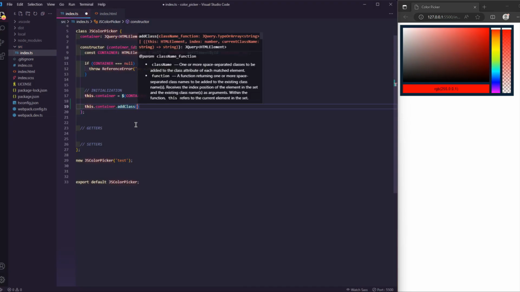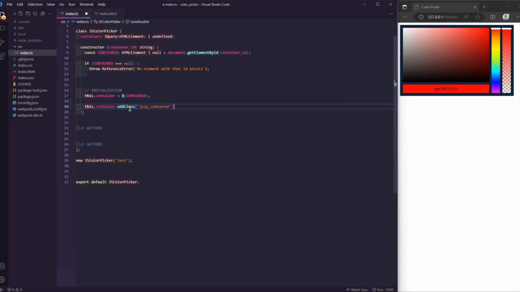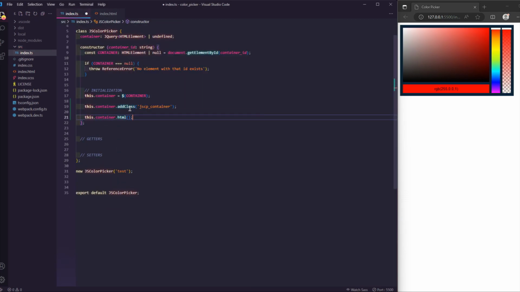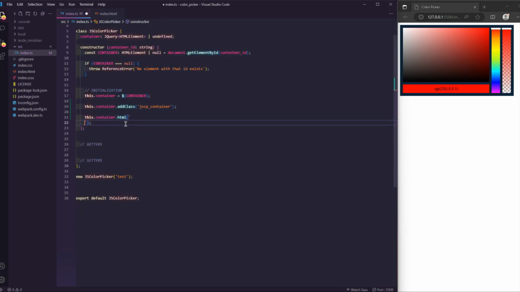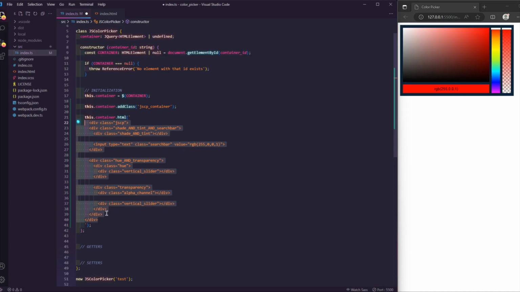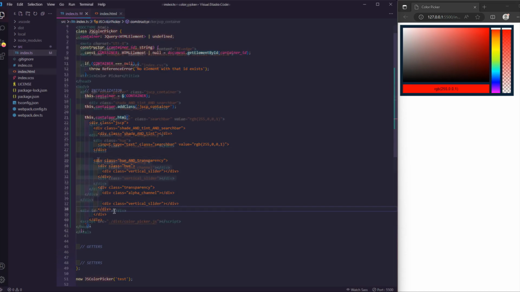Now that I had a way to place the color picker on the web page, it was time to add in the code that allows it to generate its own HTML in the container. This was pretty easy, because all I had to do was copy and paste the HTML code I already had for the color picker in the class. I deleted the original one afterwards.